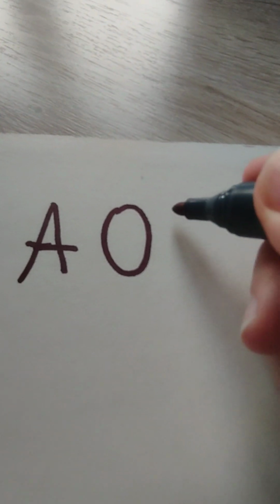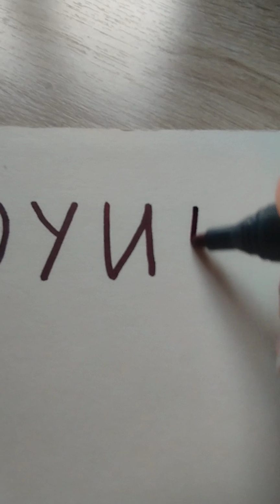Russian alphabet, and we start with simple vowels. It's A, O, U, I, and Ö. So